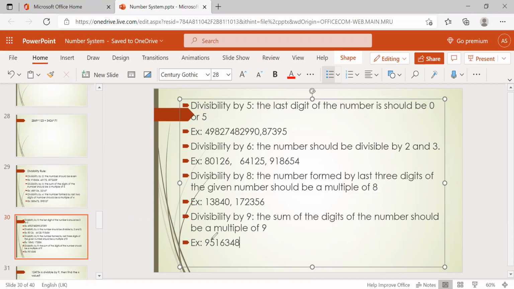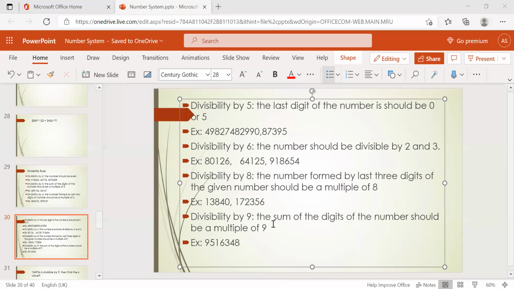If you add 9 plus 5 is 14, plus 1 is 15 like this, it will be late. So see here, make 10s: 9 plus 1 is 10, 6 plus 4 is 10, so 25, plus 3 is 28, plus 8 is 36. 36 is a multiple of 9, right? So this number is divisible by 9.